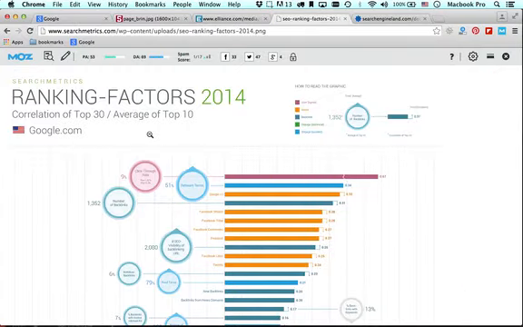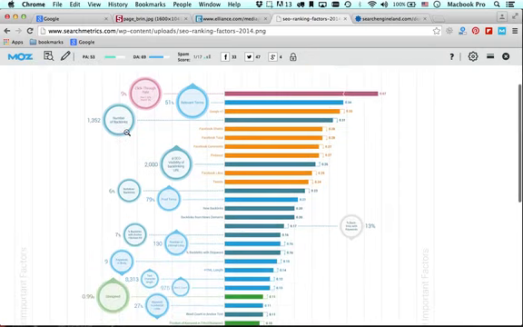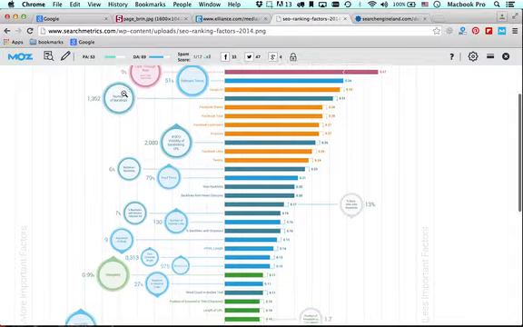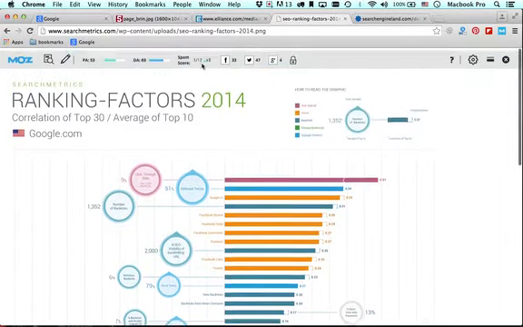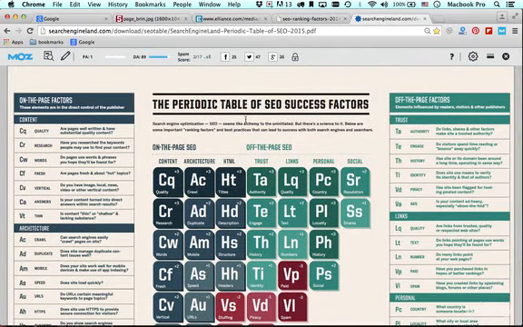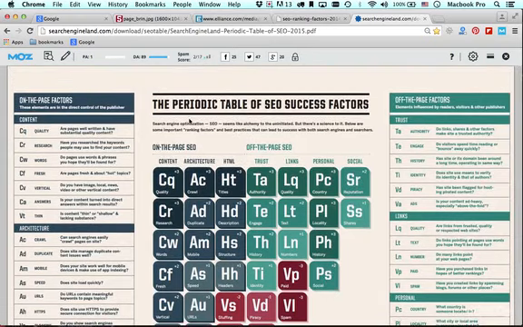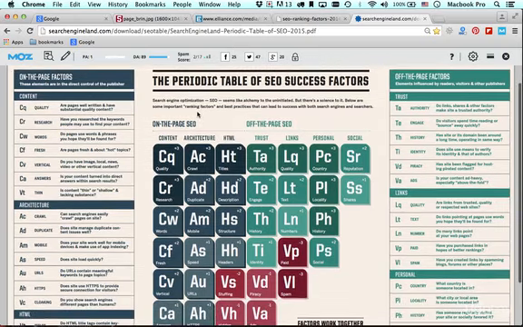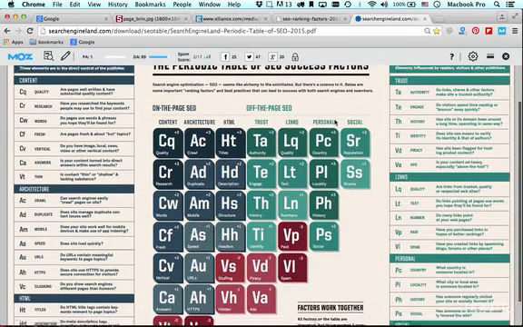As you can see here, a lot of people like to reference these ranking factors from 2014 by Searchmetrics, and you can see, at least in 2014, that there were numerous different factors that were involved, but I actually like to reference this, which is the periodic table of SEO. This was created by Search Engine Land, and this gives you a great overview of what's involved with SEO today. And a lot of what we're going to cover in this course lives here on this infographic.